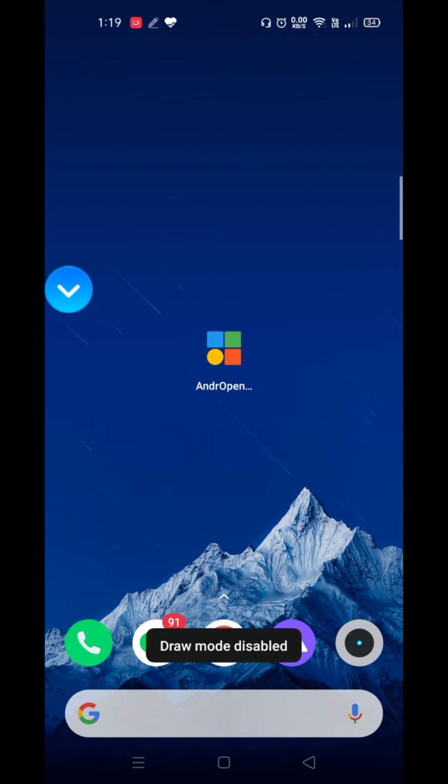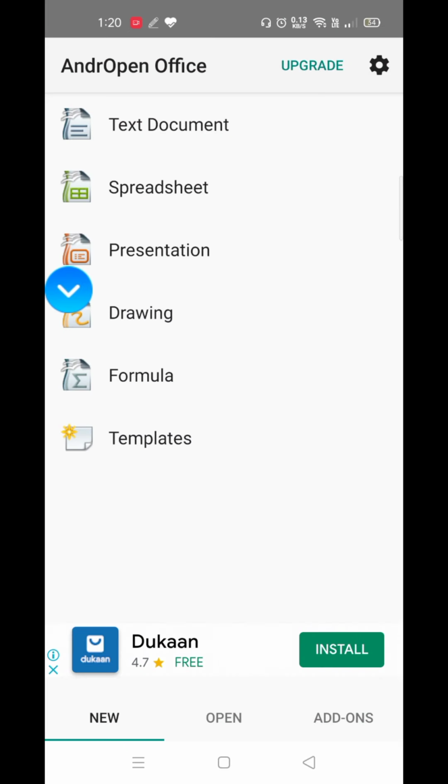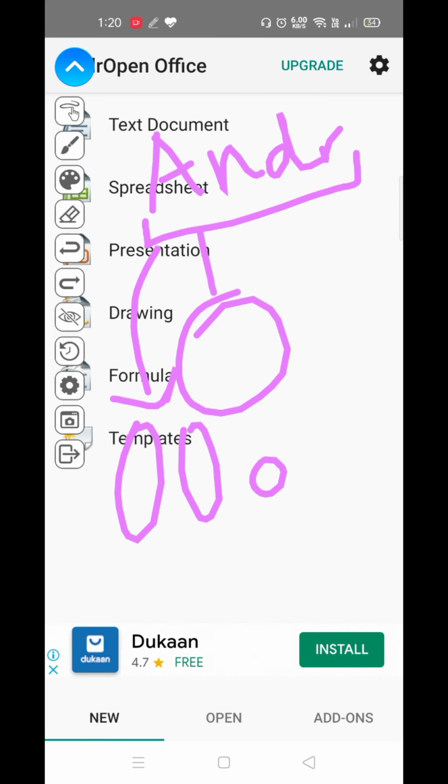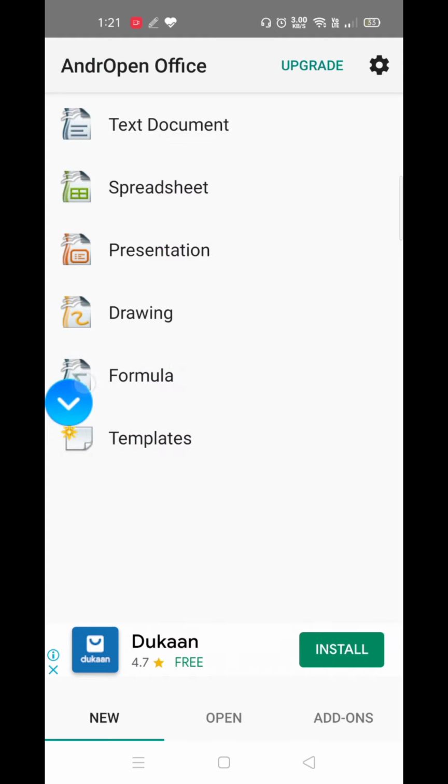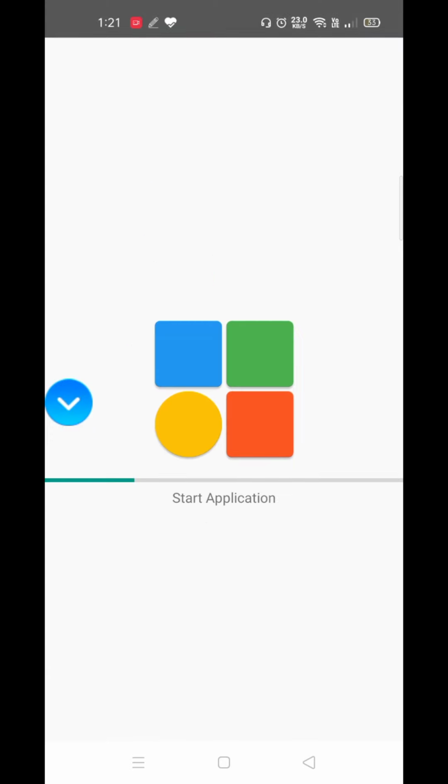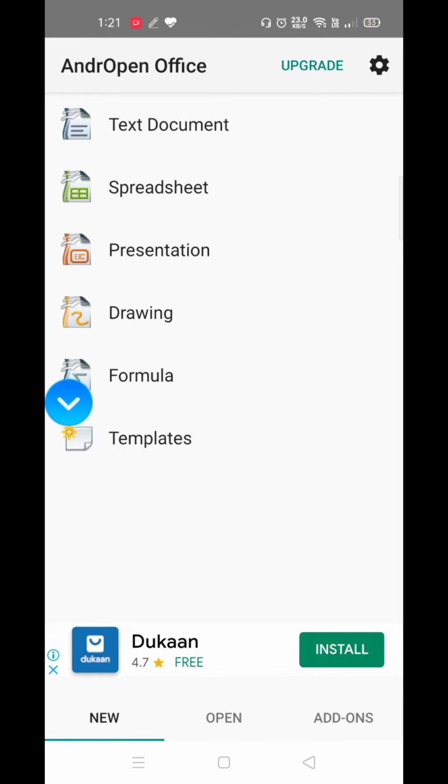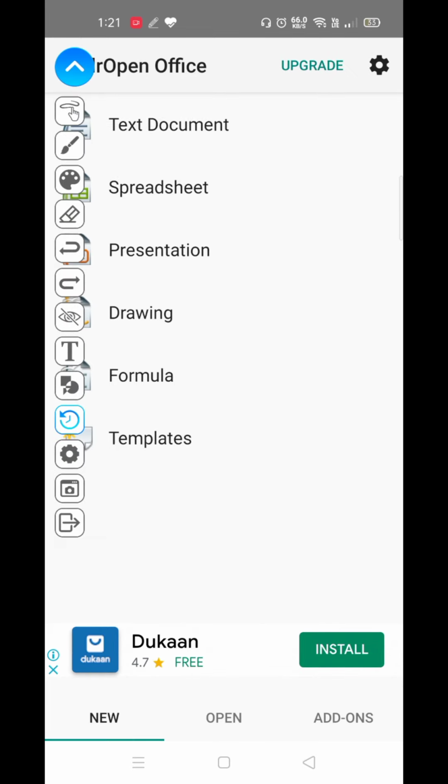So now what I will do, I will open the application and I will show you how we can work with this. So we have to double click on this. Once you double click on this, as you all can easily see, let me erase this first. So here's a simple set of applications inside this. Let me show you all the apps one by one right now.